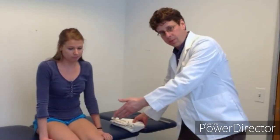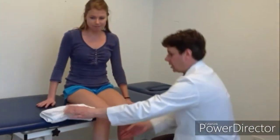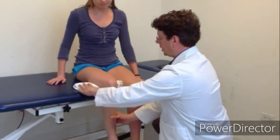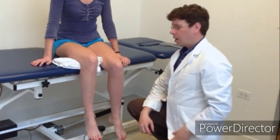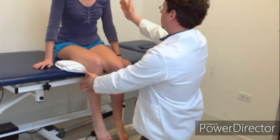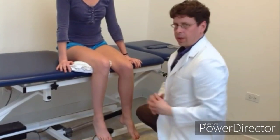So before you start the actual measurement of hip internal rotation, you would have the patient sitting at the edge of the plinth. You would have the landmarks exposed that you will be measuring off of. I'm also going to place a towel underneath Kelsey's right leg so that you have her femur lined up at 90 degrees. You want to make sure that she's facing straight forward, that there's no abduction or